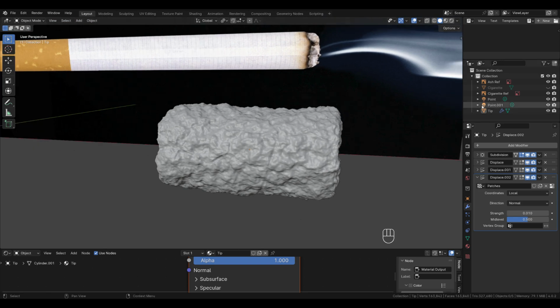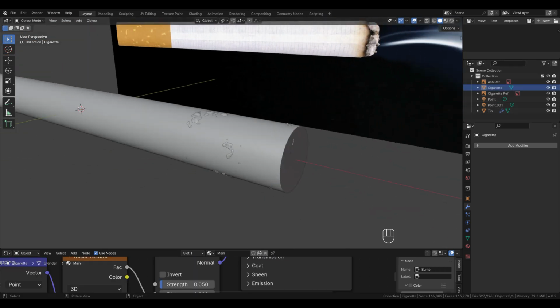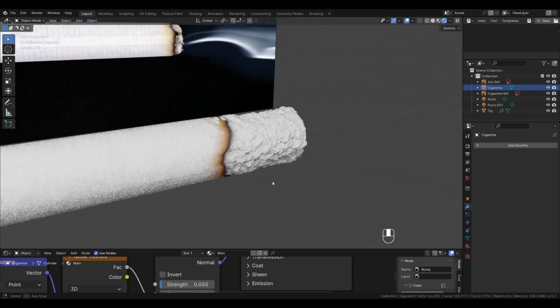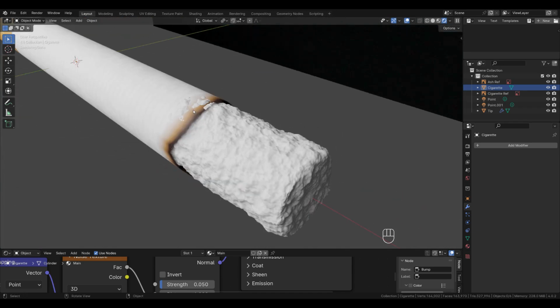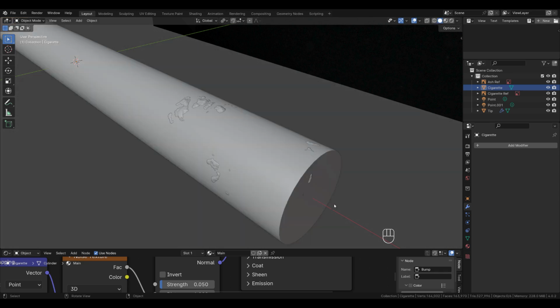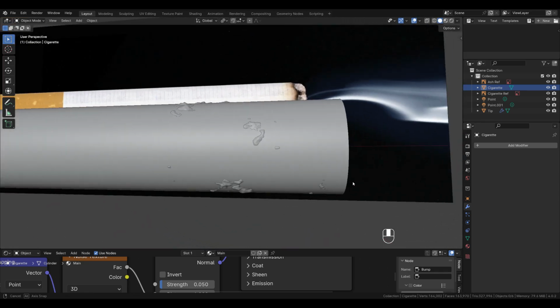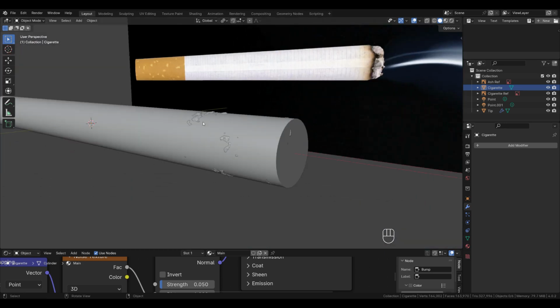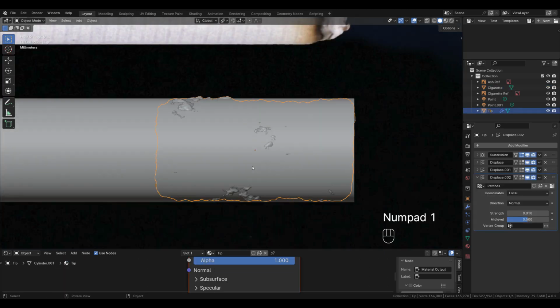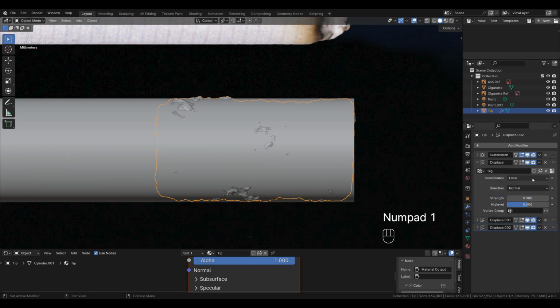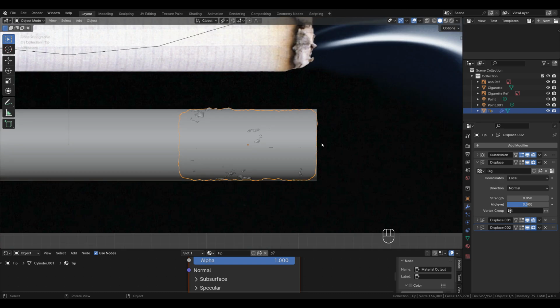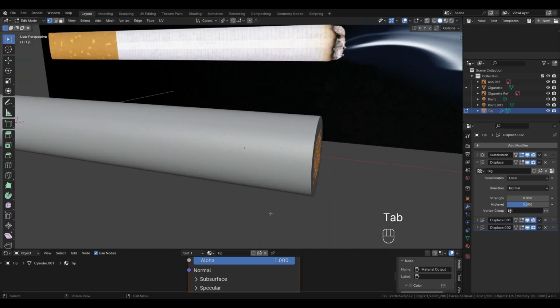Okay, so let's see how it looks with the cigarette. You see we have some intersection here, and you can see all the intersections actually in solid view mode. This is mainly the first displacement modifier, so we dial it down a bit to 0.05, and this is a little bit better. Then we're going to go into edit mode, so Tab, and if you want to see it in edit mode, you can enable that in the modifiers as well,